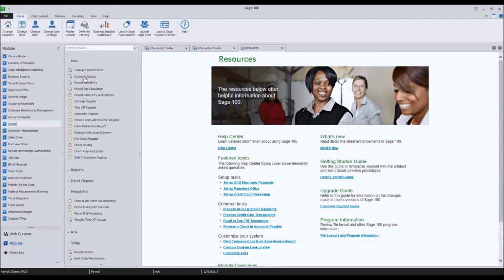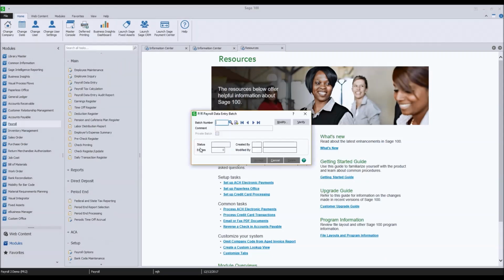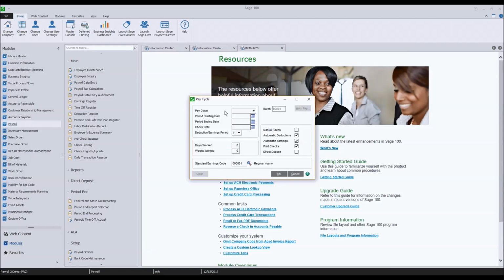And now we can separate data entry, and you can actually have multiple people putting data entry in for the same pay period or same payroll run. Get your starting and ending dates. You can define your check date up ahead of time, which deduction period you're working.